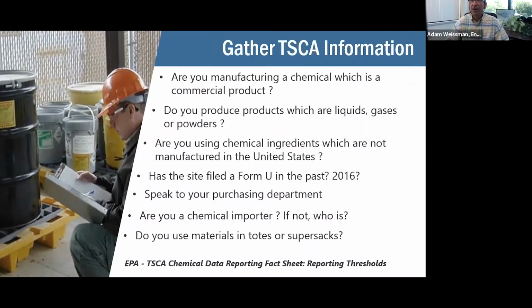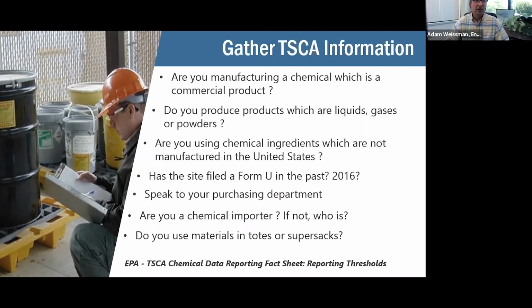And are these chemicals or products liquids, gases, powders, particles, or do they look like airplane wings? Because an airplane wing is an article and it's not a chemical. So, what is the form of these products?